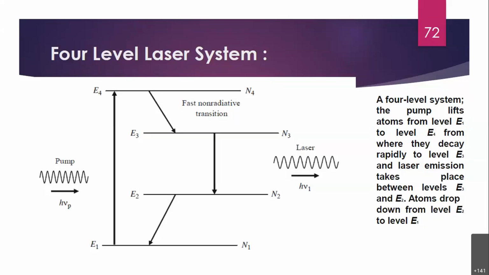So the point is, in the case of the 3-level system, that output is very small. Let me give you one single picture. In a 3-level system, your input power is more, output power is less. That means you are applying a lot of input but your output is very low. No doubt you are able to generate laser light, but that laser power output is very less, sometimes roughly around milliwatt or something.